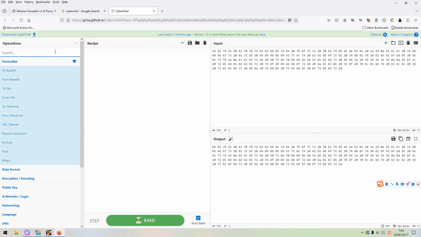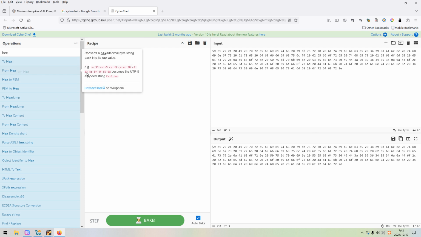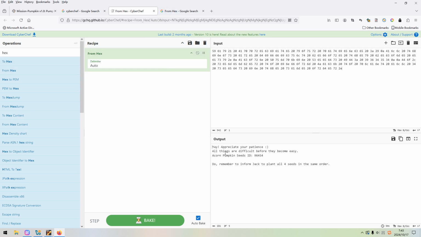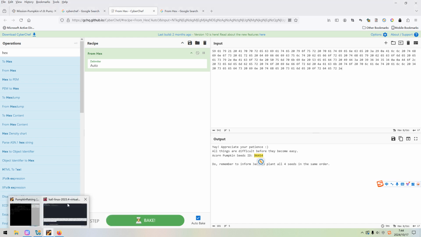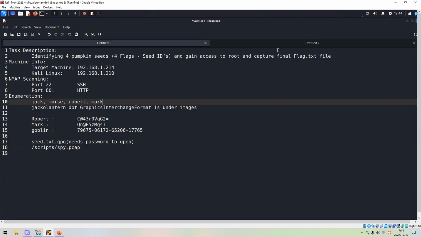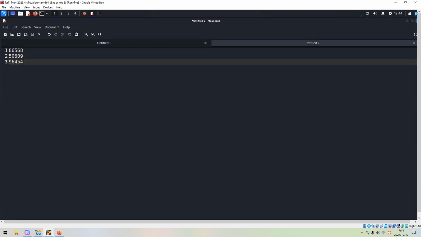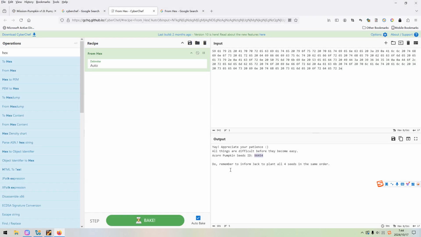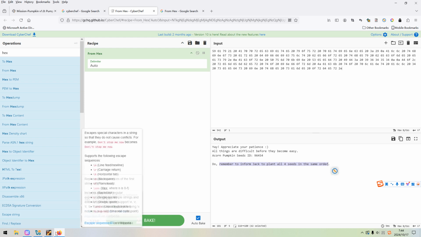And we can select the operation From Hex. And then, appreciate your patience. All things are difficult before they become easy. So we can get the seed ID. And very important to remember to inform Jack to plant all seeds in the same order.